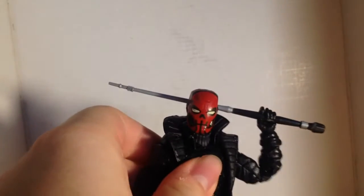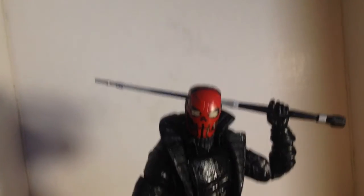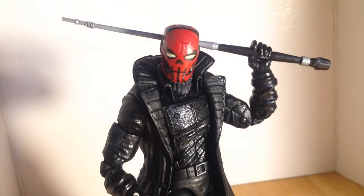Number 16 is the Spidey Noir, however you pronounce that, because it's a blank canvas that you can basically put whatever head you want on and create something unique and fun. I got the idea of putting the Iron Skull head on here from Toy Galaxy, and I've used the Blade head, the regular Red Skull head, all those heads. It's just so fun that this is just a plain figure with no markings identifying exactly who it is, just a guy in a black outfit and a black trench coat